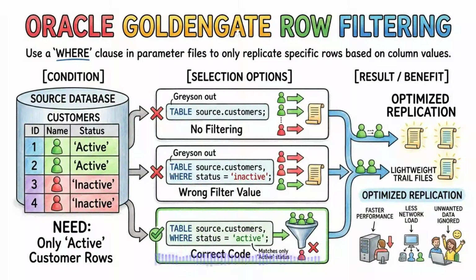GoldenGate can capture this hidden transaction metadata using a feature called environment tokens. You can map these special tokens to columns in your target database, effectively building an automated audit trail that records the user ID, timestamp, and transaction sequence number of every single update. Understanding how to extract environmental variables using tokens is a sophisticated skill that distinguishes an expert GoldenGate administrator from a beginner